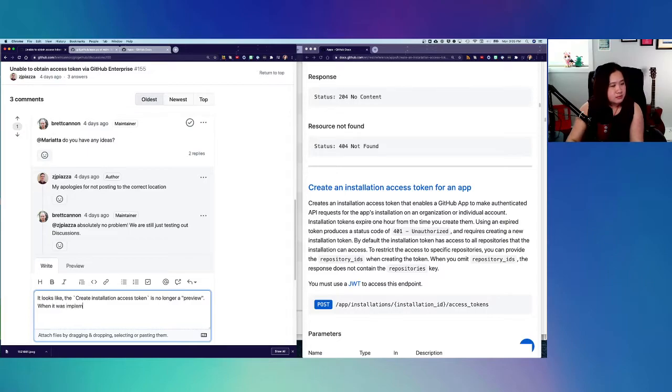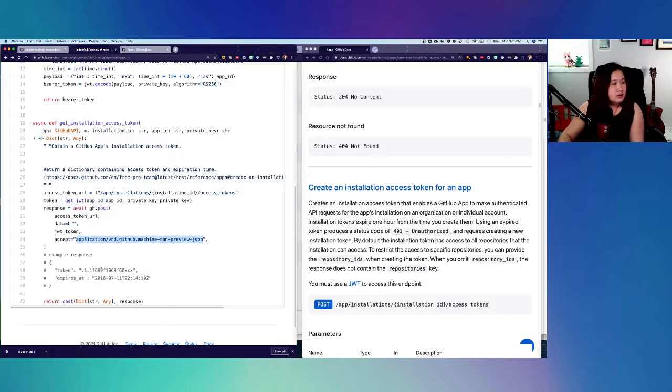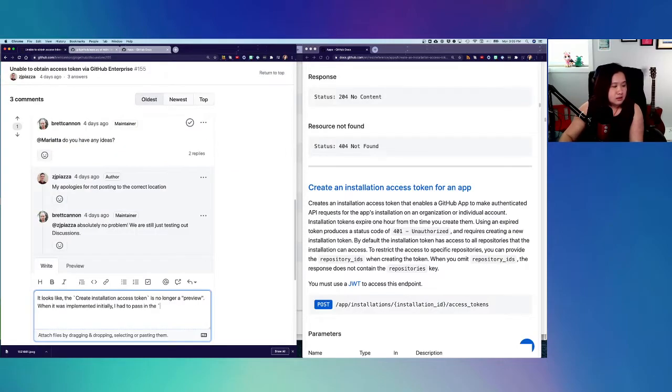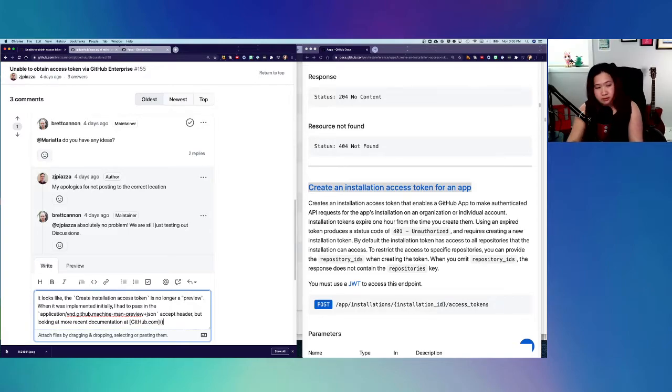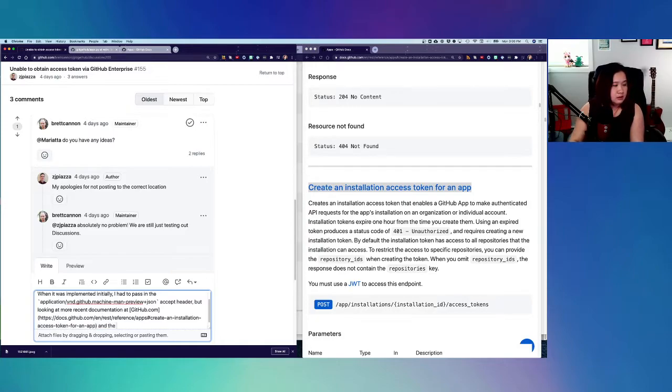When it was implemented initially, I had to pass in this accept header, but looking at more recent documentation at github.com, and the documentation for GitHub Enterprise Server v3,